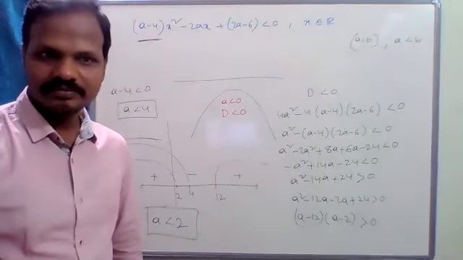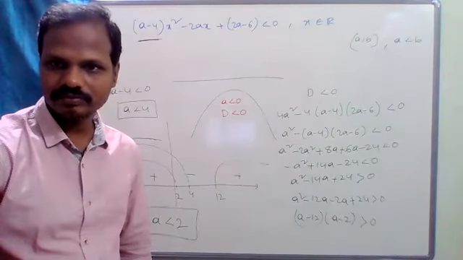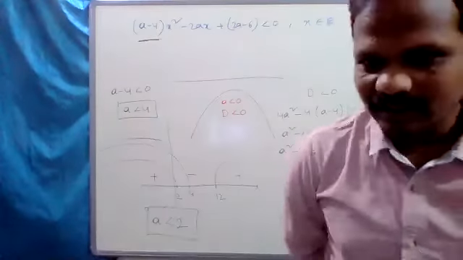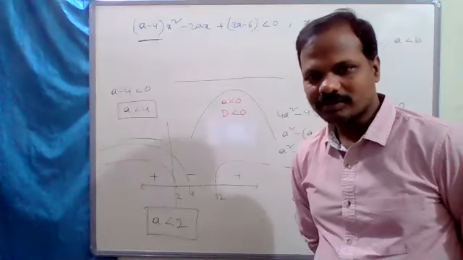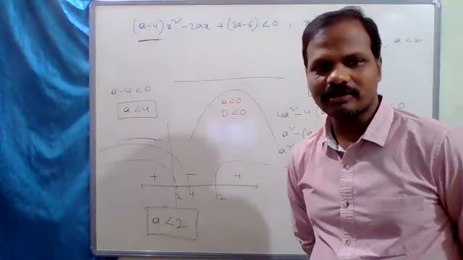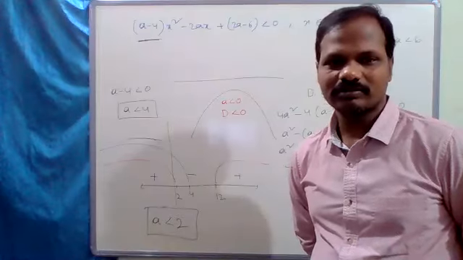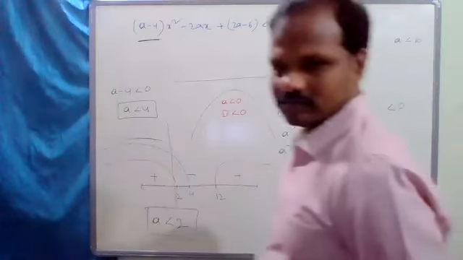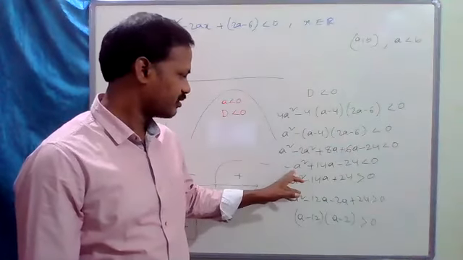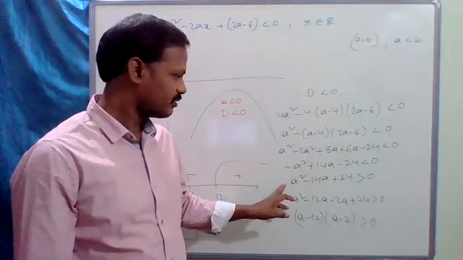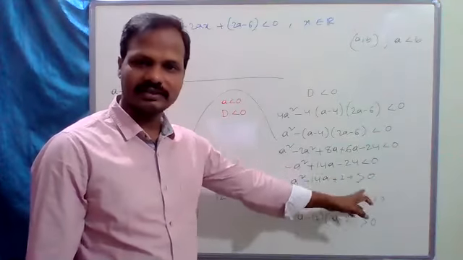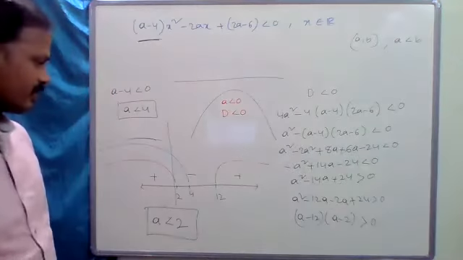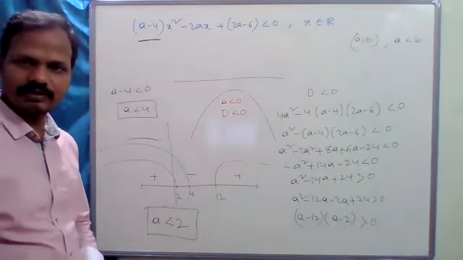Is it clear? Most of the people wrote closed interval 12 comma 2. You should not write like that; either it is closed interval 2 comma 12. But here the relation is greater than 0, I think you got confused. If you take minus common, the sign will be changed. Obviously, the sign will be changed. Be careful. So this is the solution. Is it clear to everybody?